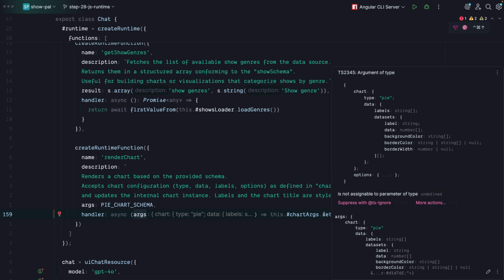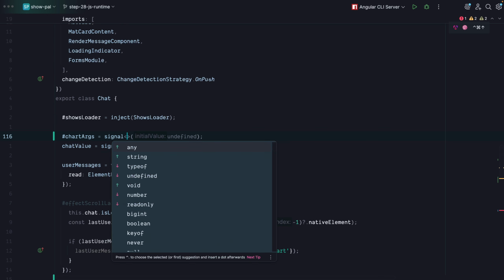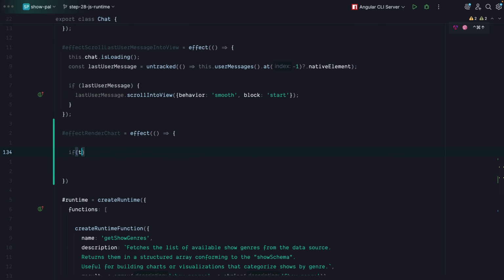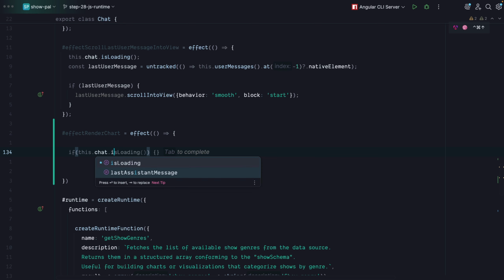This course isn't just about watching code, it's about building it. You'll learn how to debug, connect, and experiment with real AI workflows inside Angular. By the end, you'll not only have a complete working project, you'll have the skills to build your own AI-powered